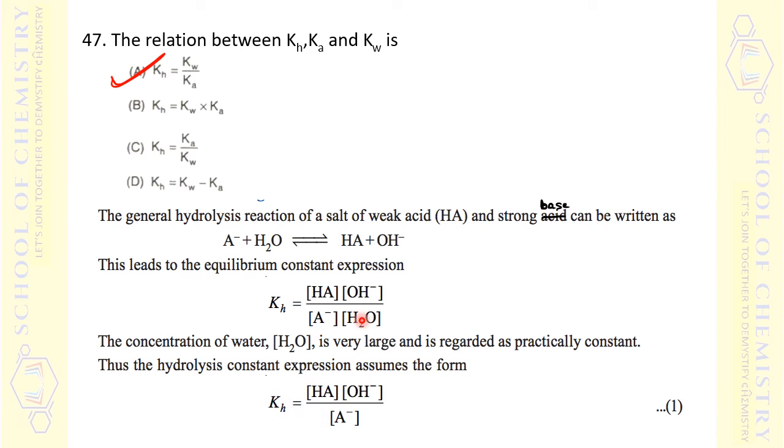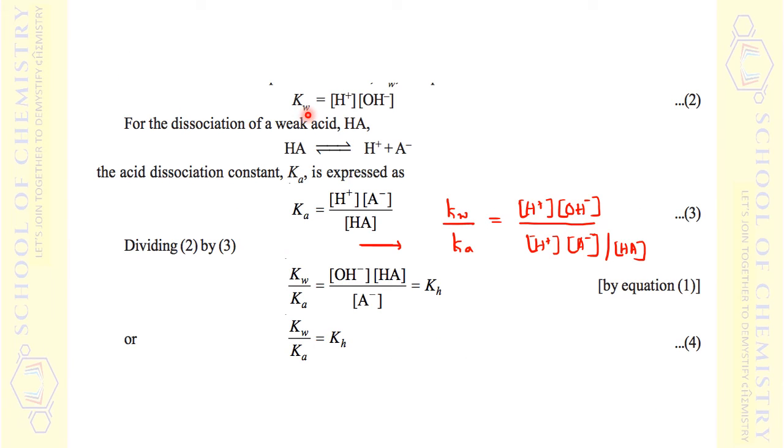We can think that this can be multiplied in, so overall it will be a constant itself. So in Kh, the H2O term can just be omitted, and Kh can be written as HA into OH minus divided by A minus. We can just keep this in mind: HA into OH minus divided by A minus will be Kh. Now Kw, we know, is the ionization constant of water, H plus into OH minus ion concentration, called Kw. Similarly Ka is the acid dissociation constant of the weak acid HA. HA, if it dissociates, will produce H plus and A minus. So if we write the acid dissociation constant expression, Ka can be simply written as H plus into A